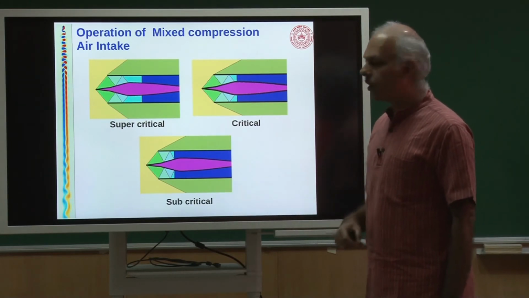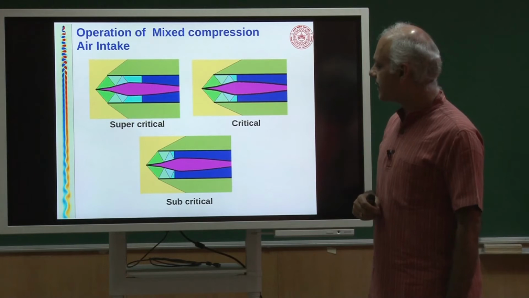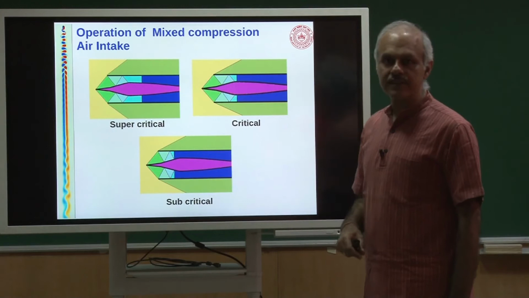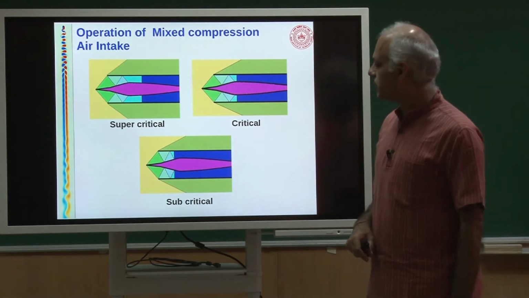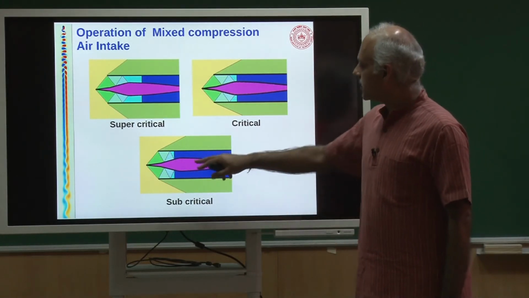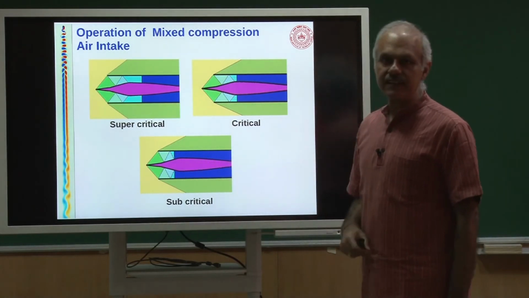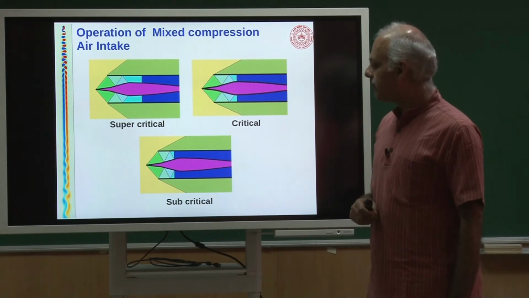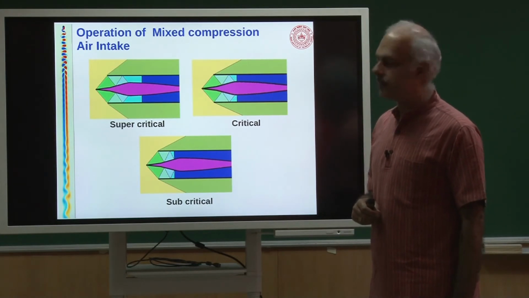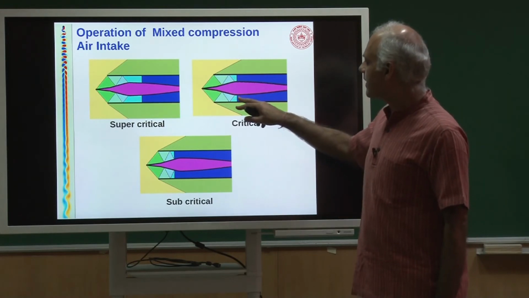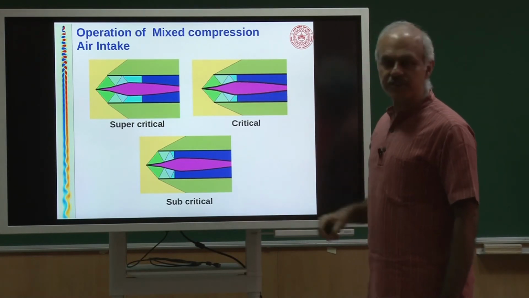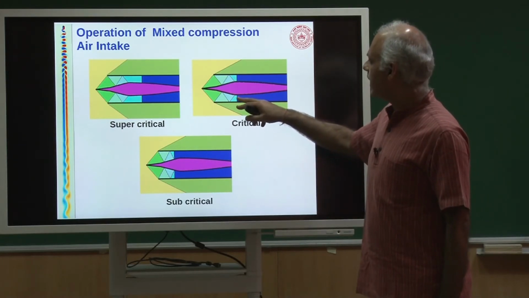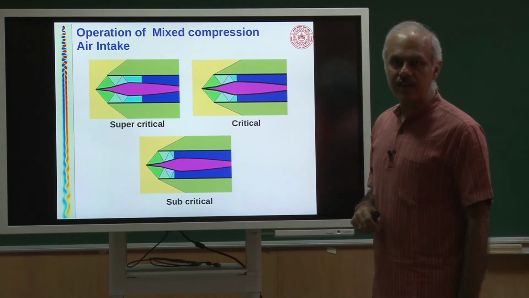We know that subcritical operation of a shock in an intake is undesirable. So, this normal shock, when it moves upstream of the throat, is actually unstable, one can show that. The shock location should be such that the normal shock is as weak as possible, and that typically happens when the upstream Mach number is close to 1. So, that would happen when you are at the critical location. So, this is the most efficient system to have the normal shock, because the normal shock is weak, therefore, the losses across the shock are the smallest.